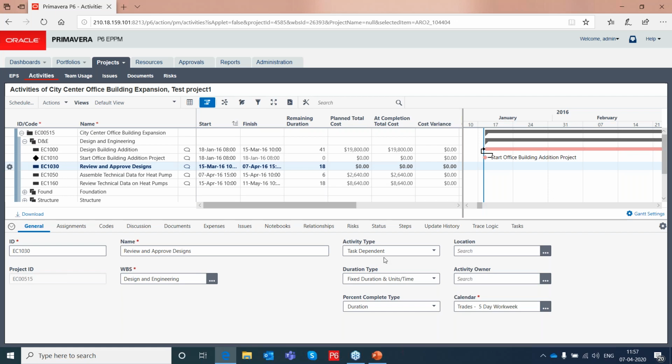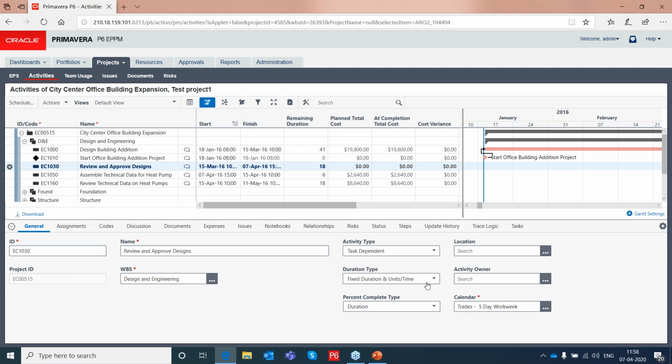So that is another option which is available here in Primavera P6 EPPM. And you also have this duration type which can be used for doing your crashing, wherein you are going to add more resource into the project activities, and accordingly you want to reduce the duration.